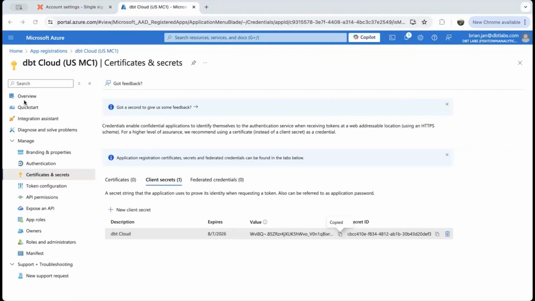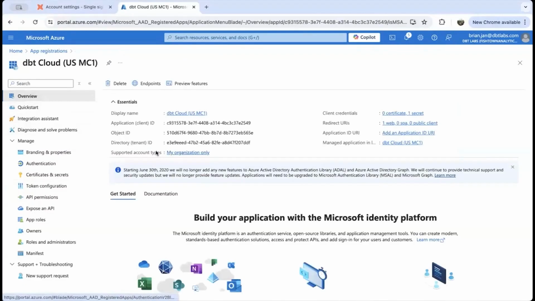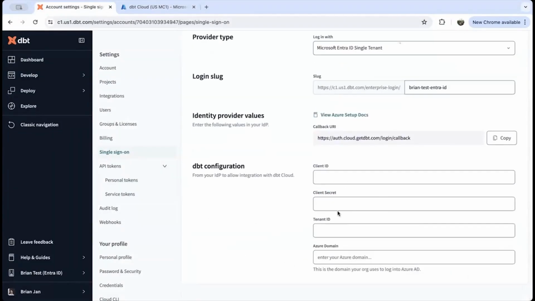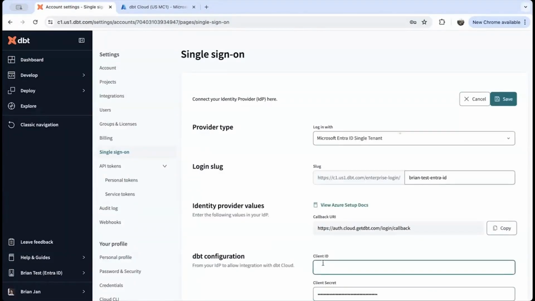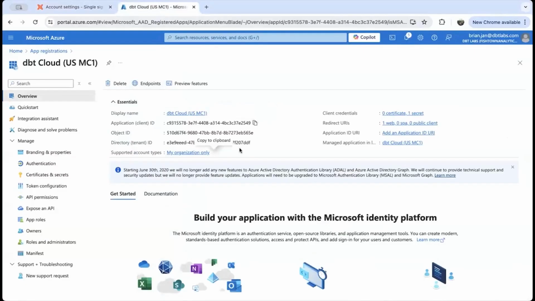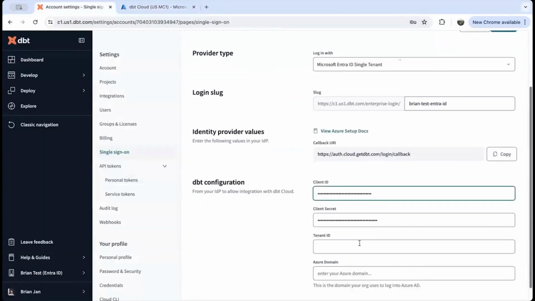Now we'll go back to the Entra ID overview page. We're pretty much done with the configuration of the application on the Microsoft side. Now we have to plug in the values in dbt Cloud. As the dbt Cloud admin, you'll paste in the client secret in the dbt configuration. You'll also get the application client ID, copy it from Entra ID, and paste it into dbt under client ID. Lastly, you'll grab the directory tenant ID from Entra ID and paste it into the tenant ID field in dbt